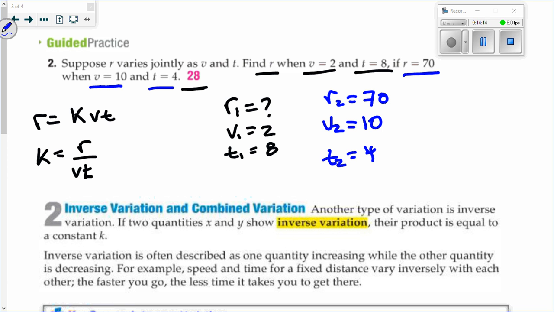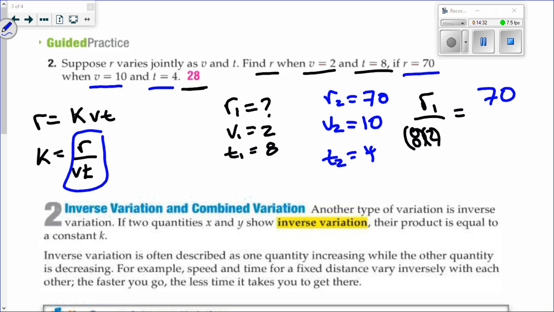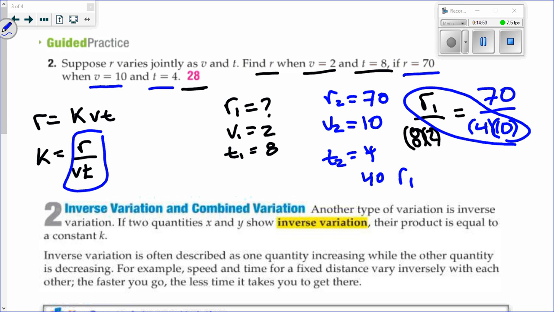All right, now we use this r over bt idea to set up our proportions. r1 over 8 times 2 equals r2, which is 70 over 4 times 10. All right, simplifying this, guys, we get 4 times 10 is 40 times r1, so 40 r1 equals 16 times